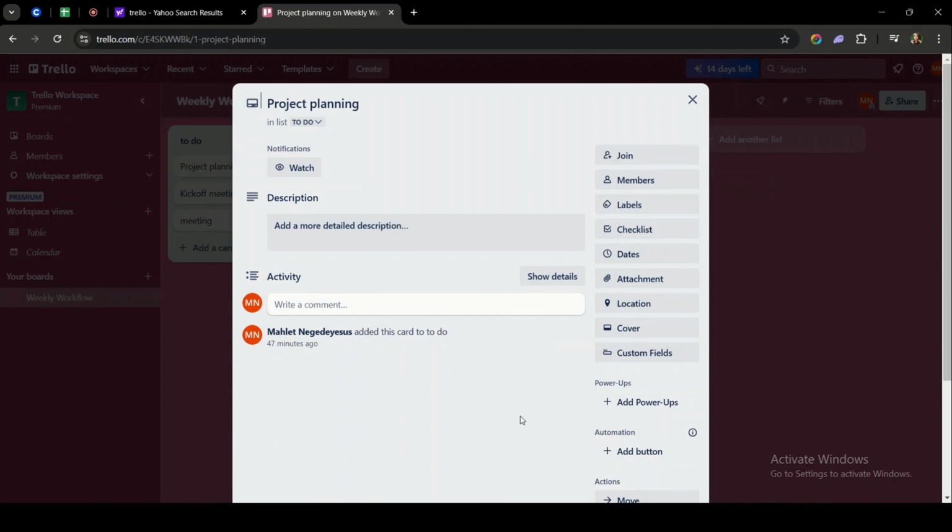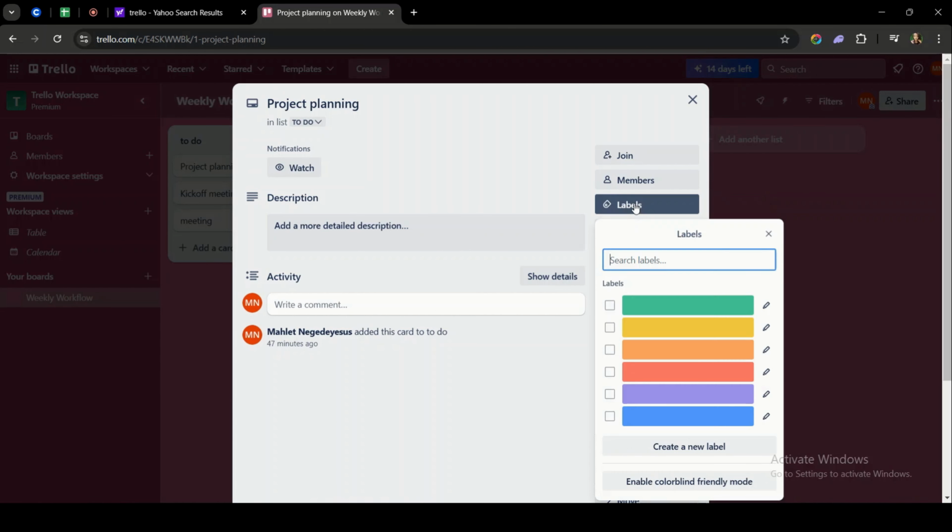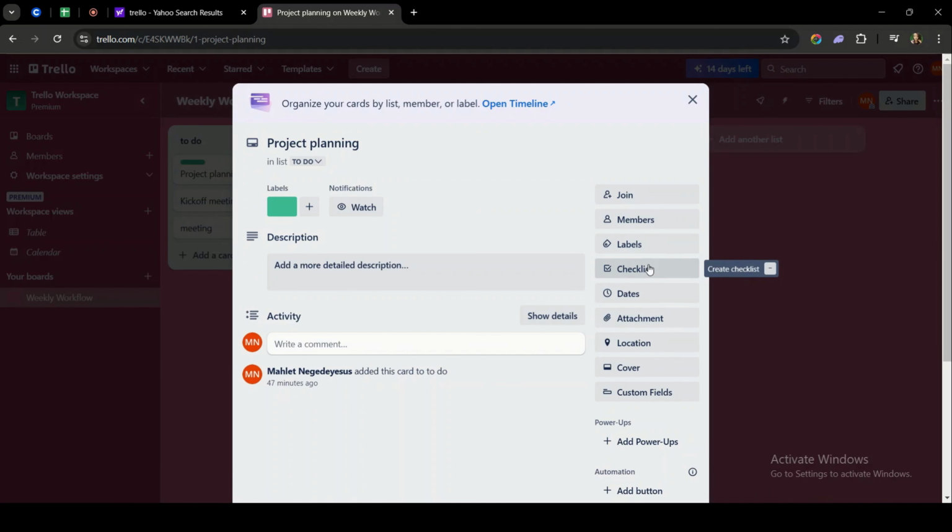And in addition to that, on the left side of your screen, as you can see, you have different features to further specify your card. If you'd like to add some members, you can do so by selecting members. And if you'd like to label your card, perhaps with regards to priority, you can do so by selecting labels. Once you select labels, you have different color codes, and these codes might signify different meanings, such as high priority, low priority, or medium priority, as you had preset them. So once you have made the correct label that you want your card to have, you can proceed to create